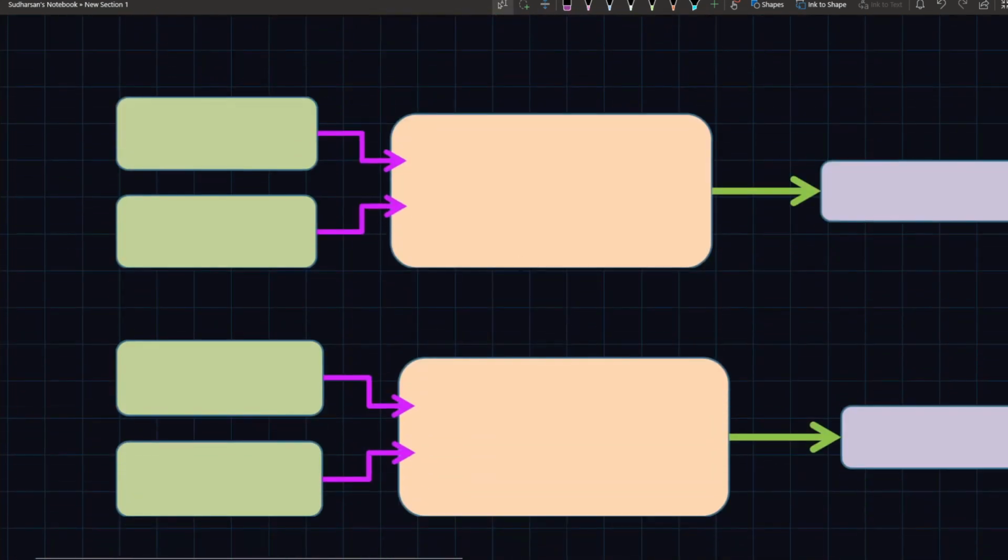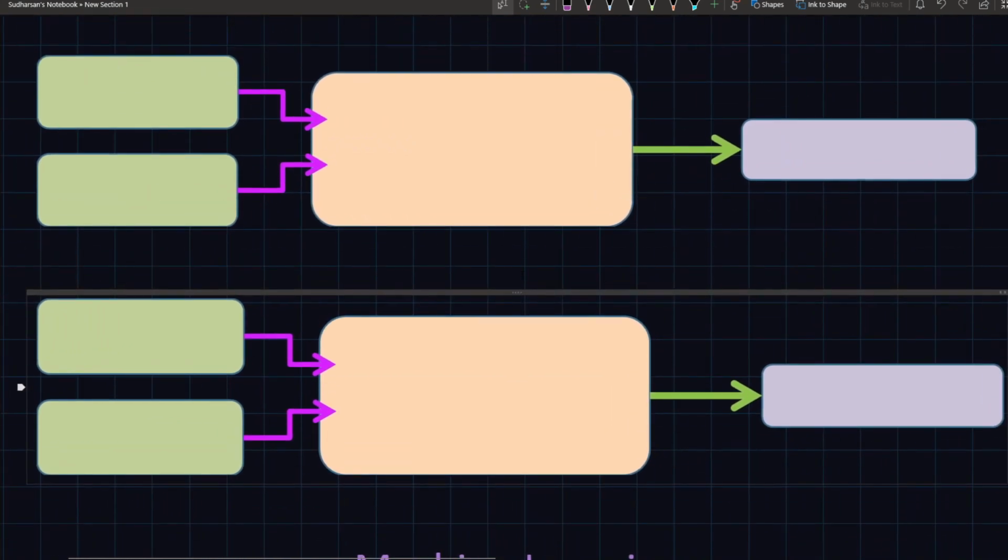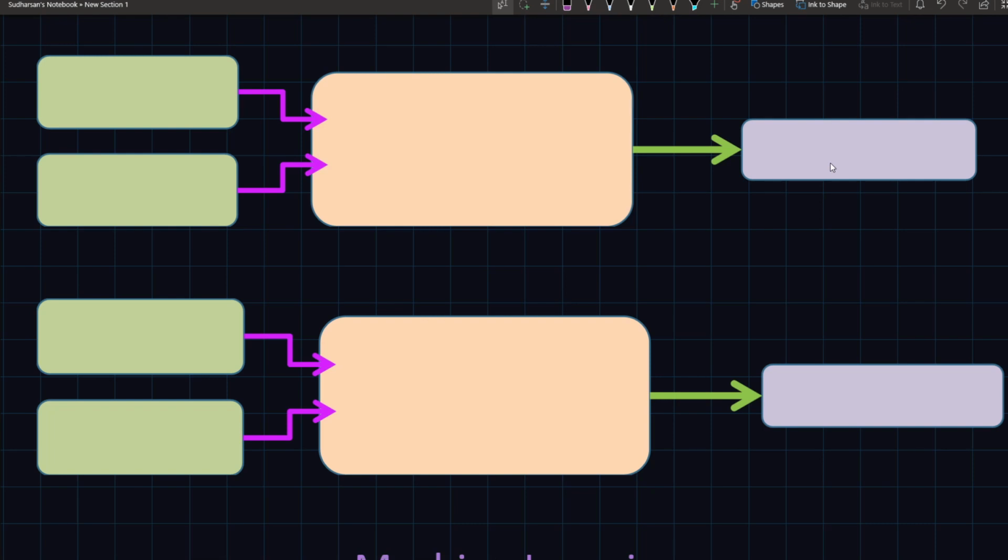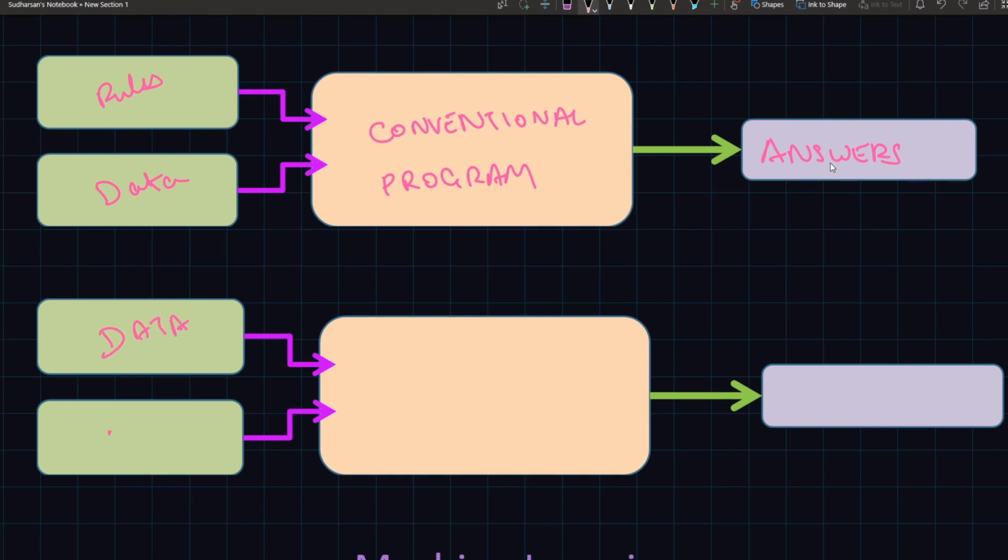So let me scroll down, and here is a chart. We are going to basically see the difference between machine learning and deep learning. So these green color boxes are the inputs. This is the program and this is the output. In conventional programming, what we have to give as input is rules and data, and this is conventional programming, and it will give the output, that is answers. Whereas in machine learning, you give the data and the answers. When you feed data and the answer to a machine learning model, it is going to give you